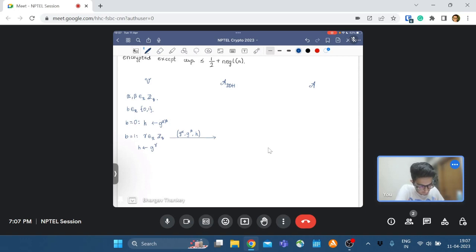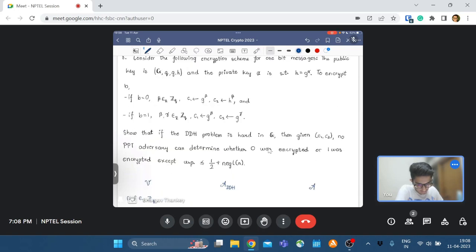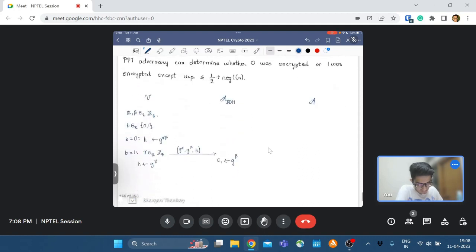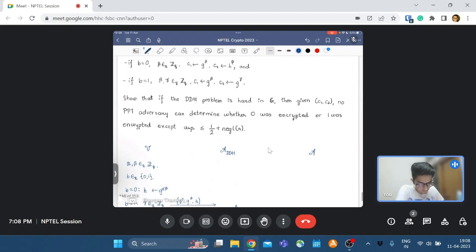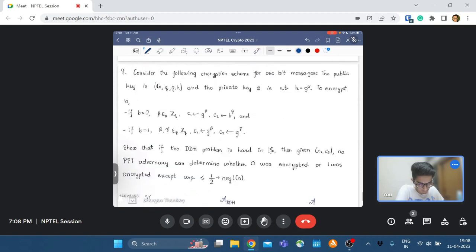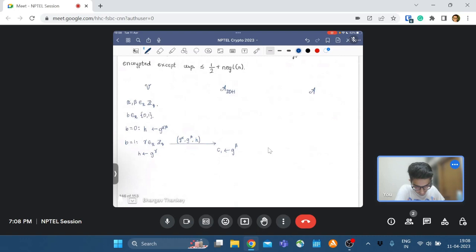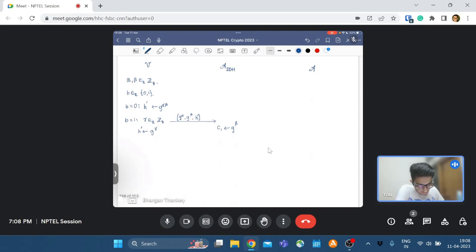The DDH adversary sets C1 to be g to the beta, and I messed up h, h is different in both cases, let me call this h prime, and sets C2 to be h prime. Then sends